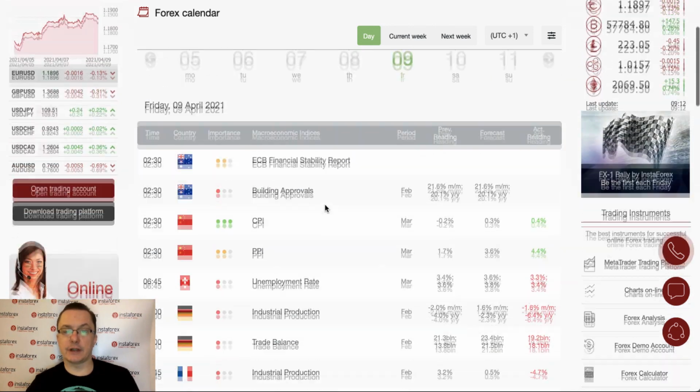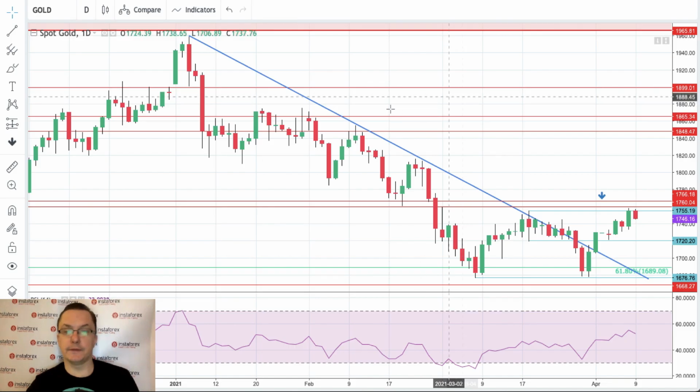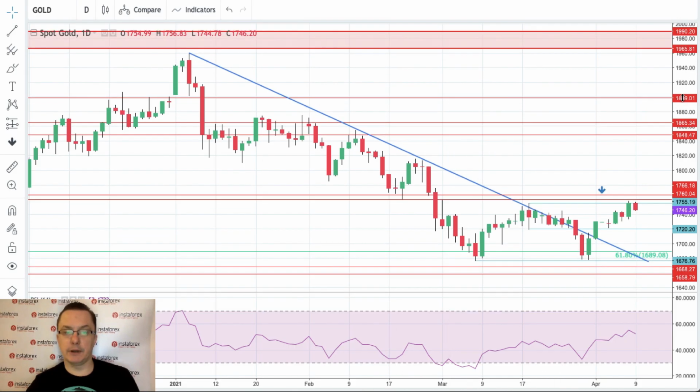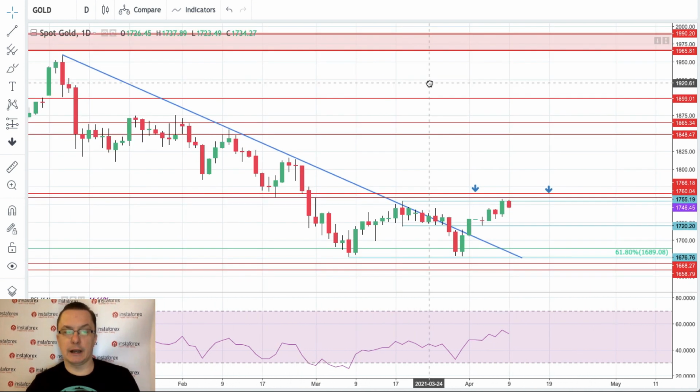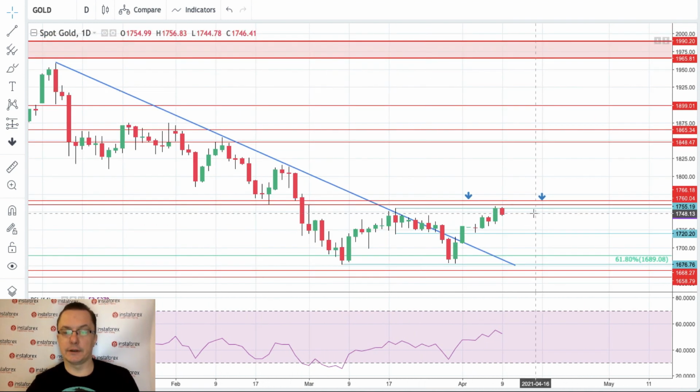So let's just start with gold, of course. Let's start with gold because we got some CPI data from China. It might actually be influencing gold. And as you can see, gold is still climbing higher after this blue trend line had been violated around the level of 1,700. The technical resistance at $1,720 had been violated as well. Then it was tested, and now we are testing